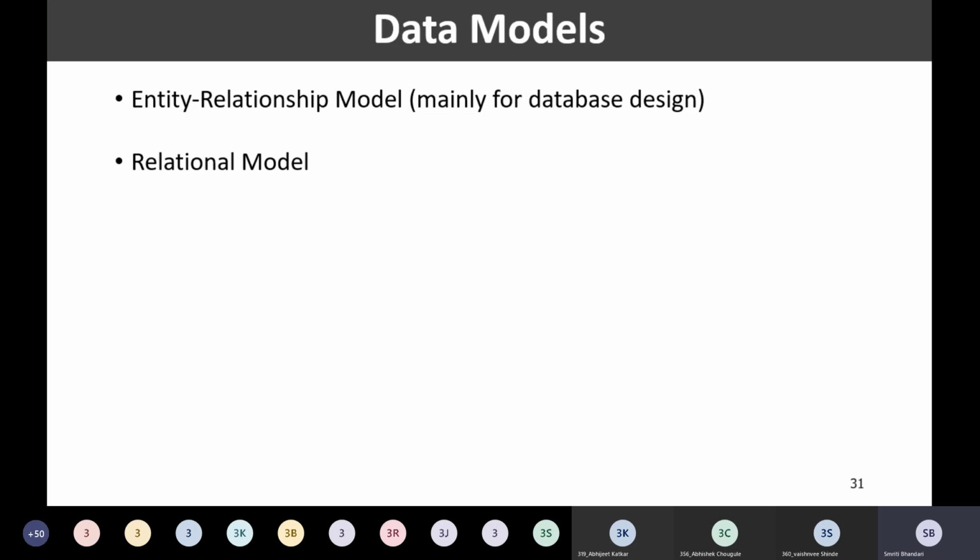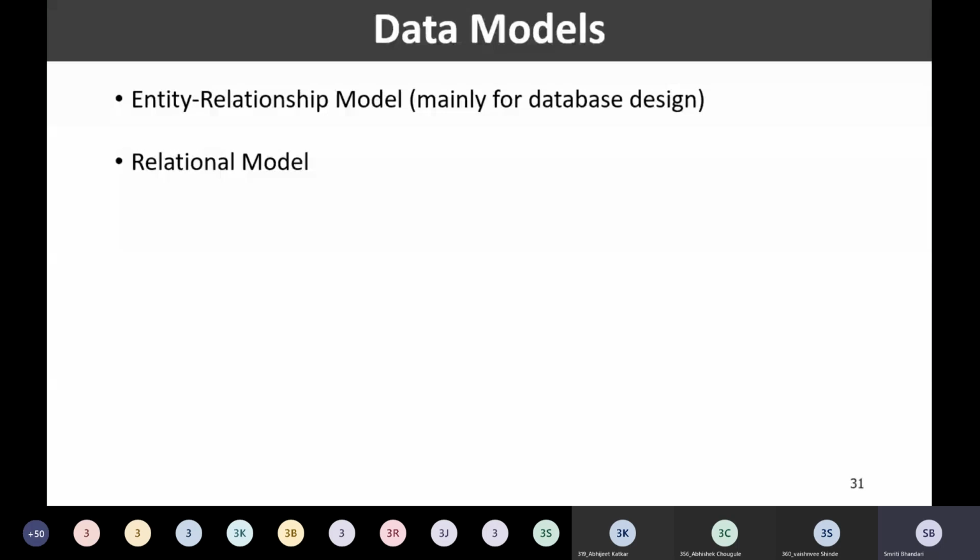The next model is the relational model. The relational model typically uses tables to store the information. If I want to store the data related to instructors, I make use of a table, with columns and rows.